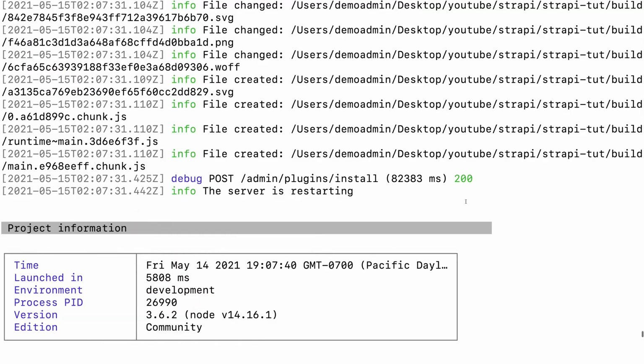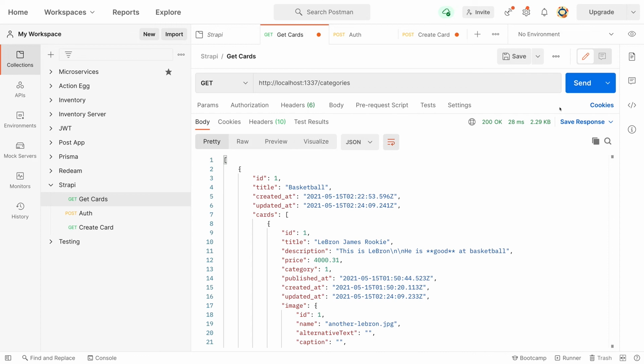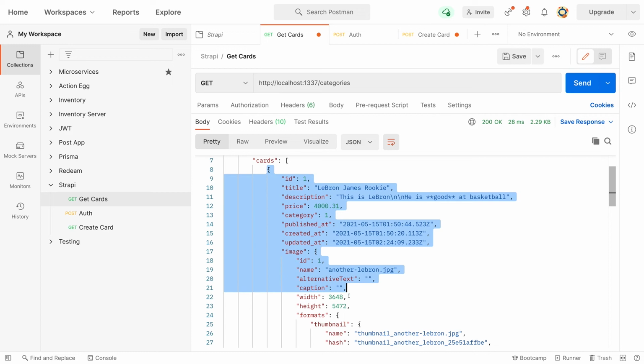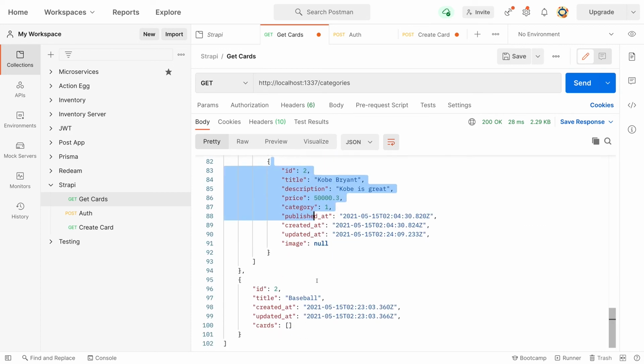Alright, so now let's go to Postman. And I'm just going to, in this request right here, change this to categories. So we can say categories, and now you can see that we get an array of categories. We get the ID, we get the title, and then we get an array of cards. So we can see here we get LeBron James, and then over here we have Kobe,